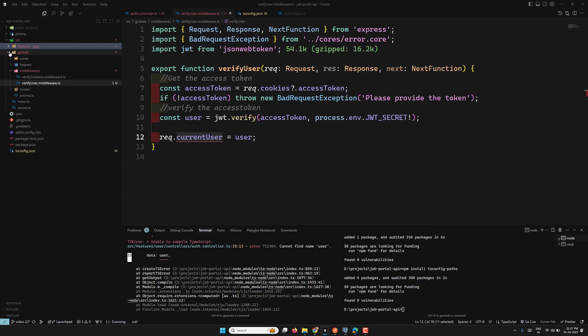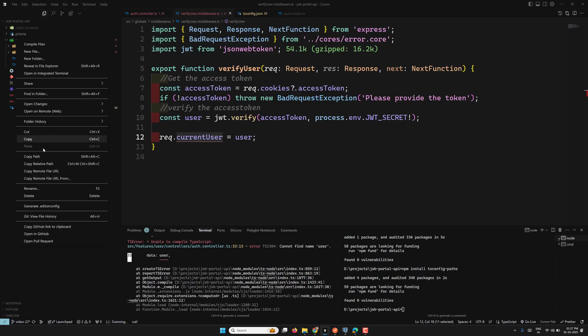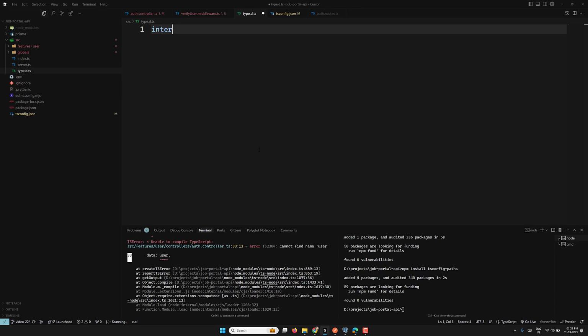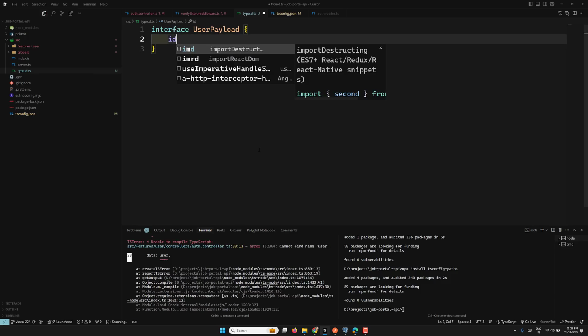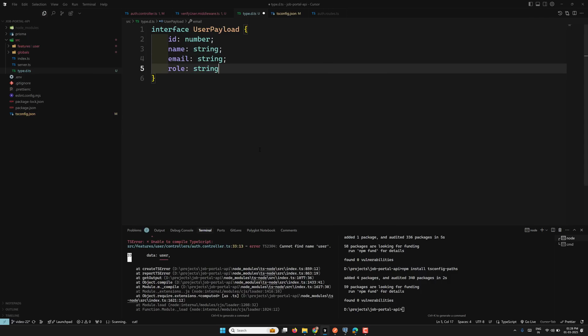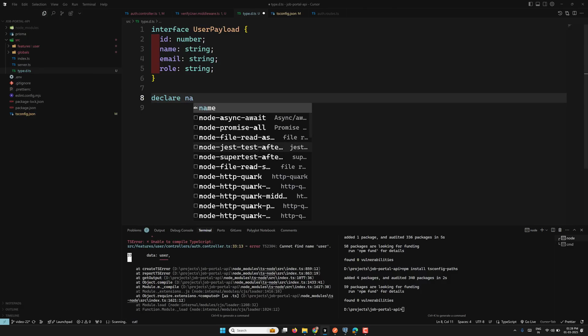For this, in our src folder I will create a new file, a .d.ts file. Here I will have an interface UserPayload, in which you will have id of type number, name of type string, email of type string, and role of type string. And then we can have a declare namespace